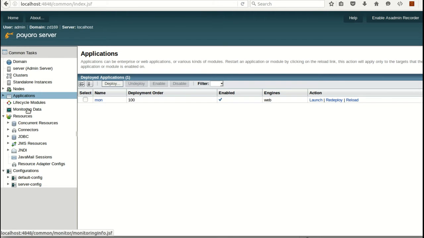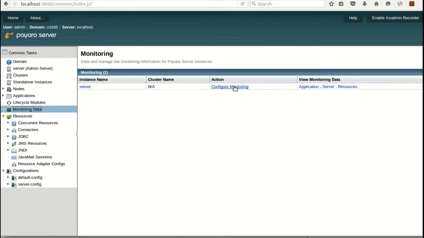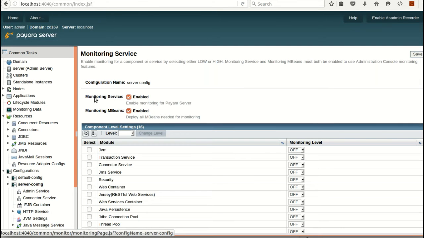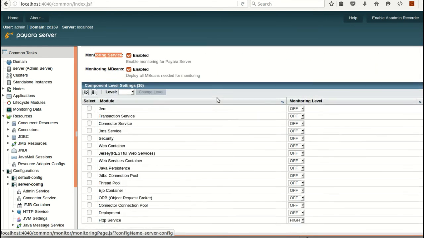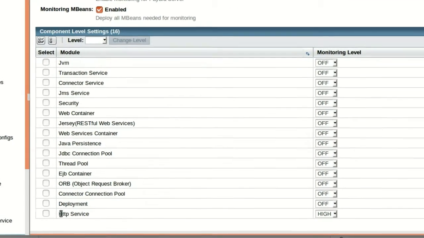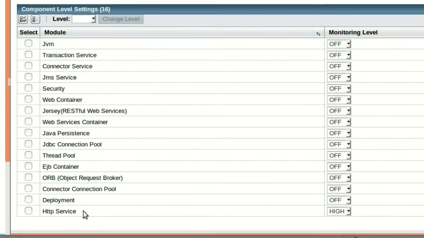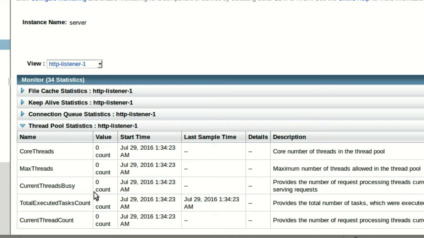Before we can see the monitoring statistics, we need to make sure that the monitoring service is enabled, and in particular for this kind of statistics, HTTP server service needs to be set to high or low monitoring levels. We can access the monitoring data already,